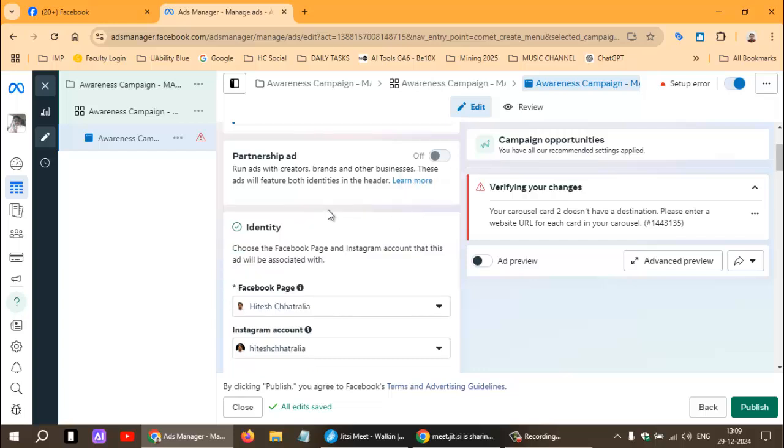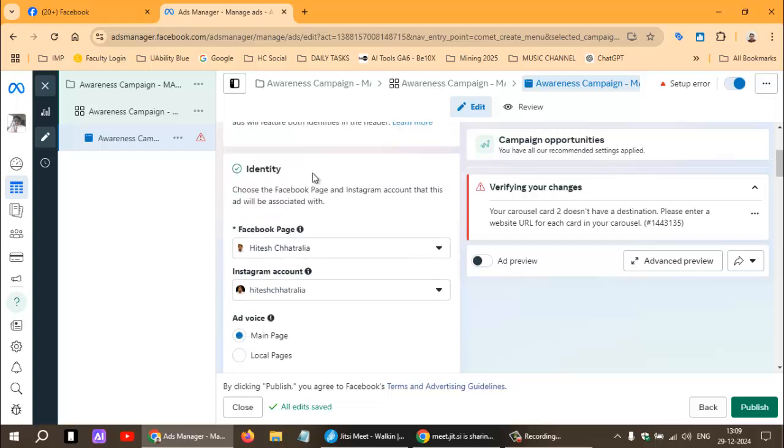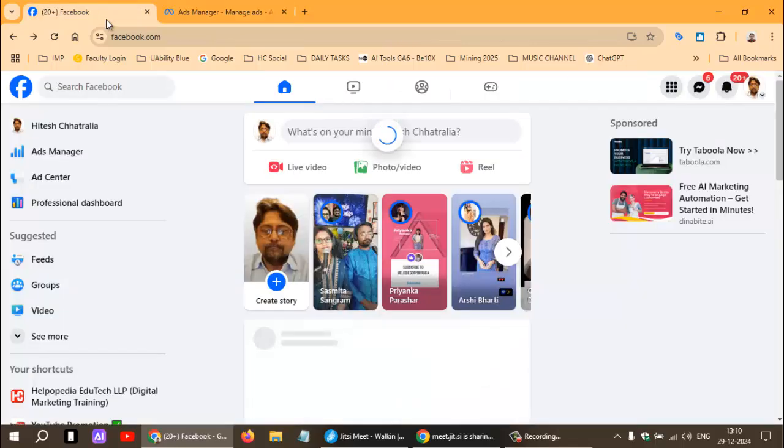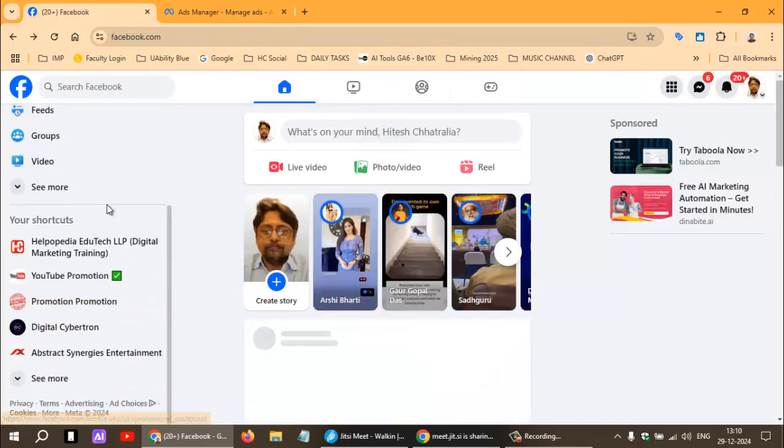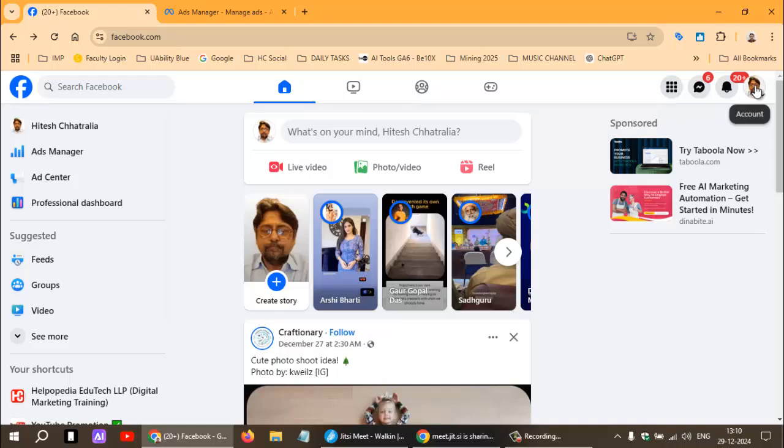So that's fine. Now over here, identity, that is the place where our ads will be coming up. So the Facebook page was initially selected, and now you can see the Instagram account associated with this page is already selected. Now this happens only if your Facebook and Instagram are connected. So you can connect it from the settings. So if I go to my page,